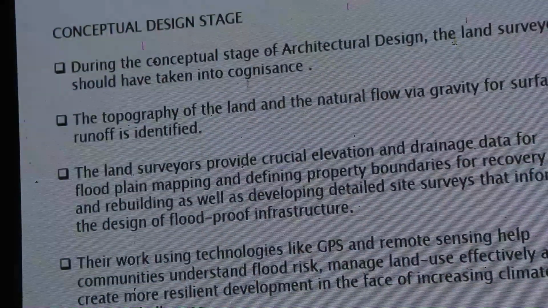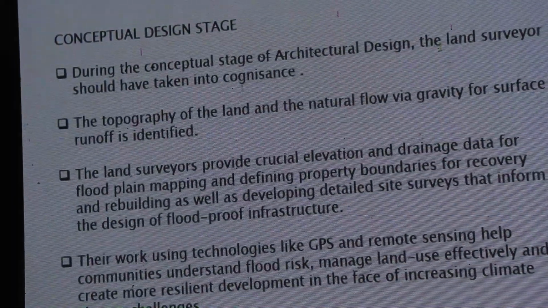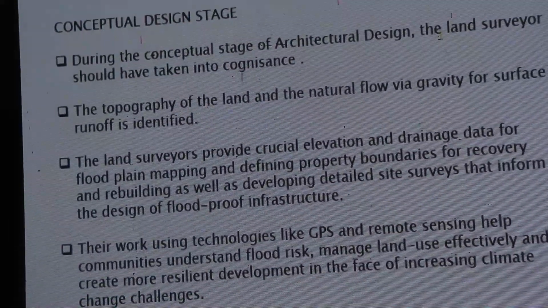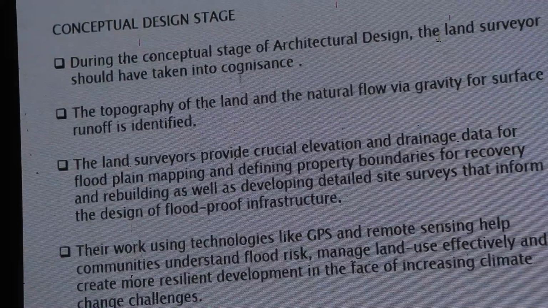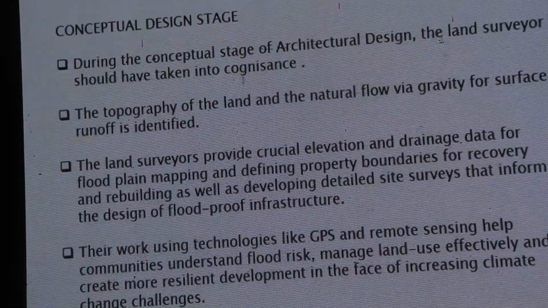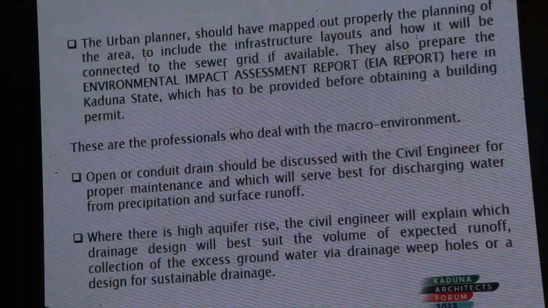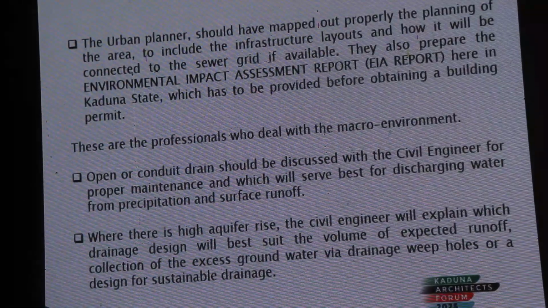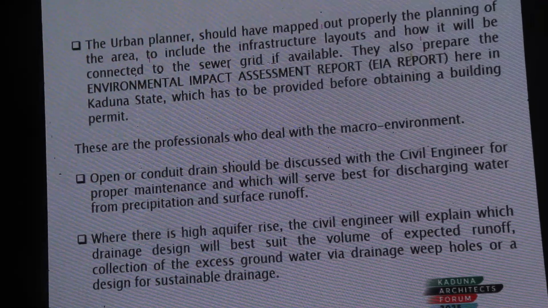We have the land surveyors who provide crucial elevation and drainage data for floodplain mapping and defining property boundaries for recovery of communities, understand flood risk, manage land use effectively, and create more resilient development in the face of increasing climate change challenges. Area to include the infrastructure layout and how it will be connected to the seawall route